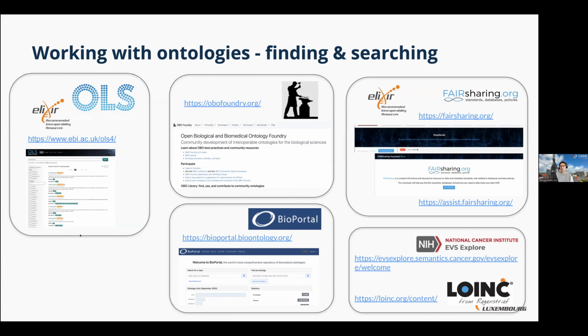It's a little bit impenetrable sometimes because you just search and you get back... it's like going to Amazon and getting standards back. But they have now got a brilliant assistant which helps guide you through your searches a little bit more, and also gives you collections for domains that have been curated. If you're specifically interested in two ontologies, namely LOINC and the NCI Thesaurus, you can get either of those on these specific links as well. They are optimized for these two ontologies, but you won't get anything else in there.